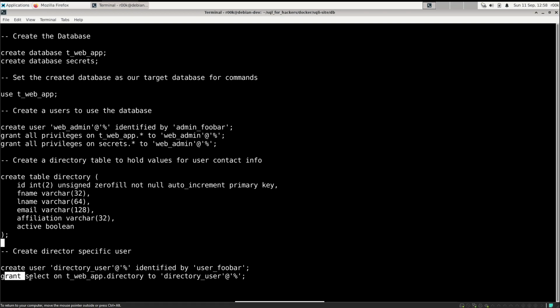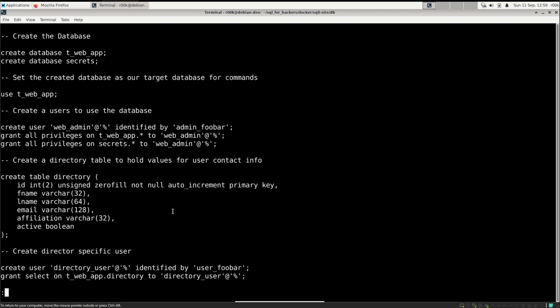And we're only granting select privileges, and we're only granting them on twebapp.directory. So this user cannot access any table other than the directory table on the twebapp database. What this is going to do is, if we authenticate as this user, we can only select information from the directory table, and we can't union select to other more sensitive tables.